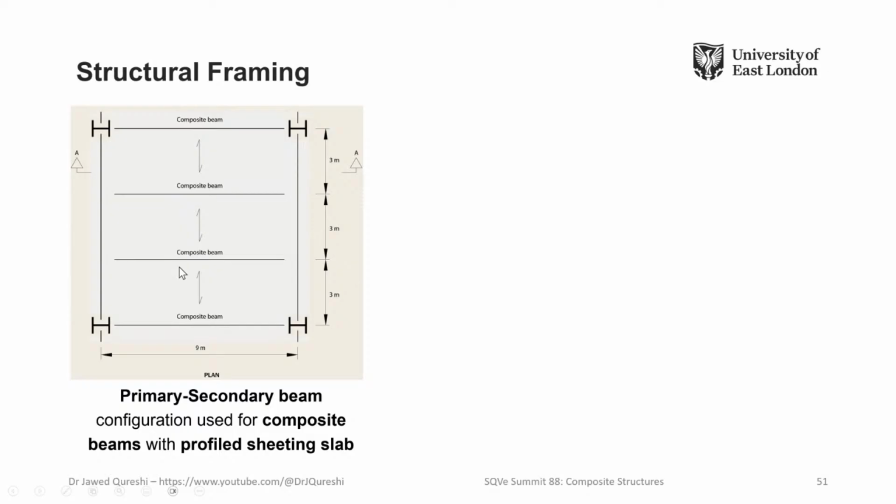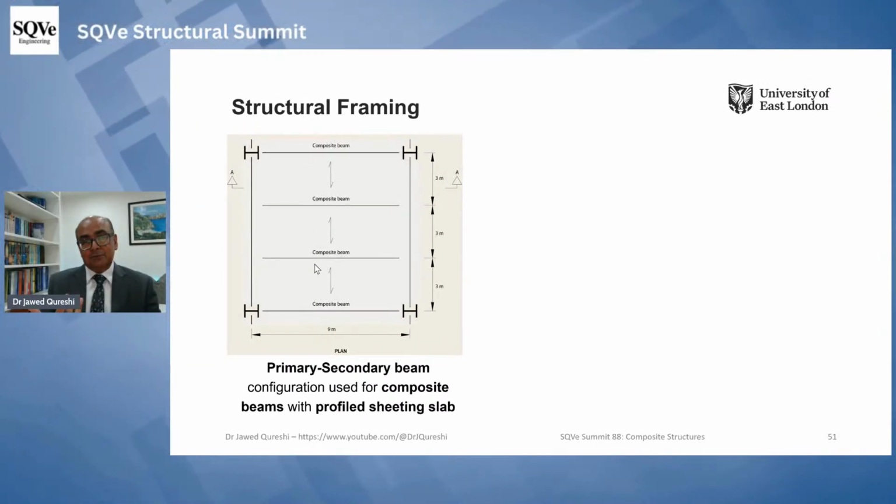For secondary beams, 100% you need shear studs. Without shear studs, you can't construct them. Whether you consider this as a steel concrete composite beam or a restrained beam, it is up to you. If you consider it as a steel concrete composite beam, then you will be saving 25 to 30% of the depth of the section. But if you design it as a restrained beam, then the depth will be 30% more. But normally in industry, we design them as steel concrete composite beams.